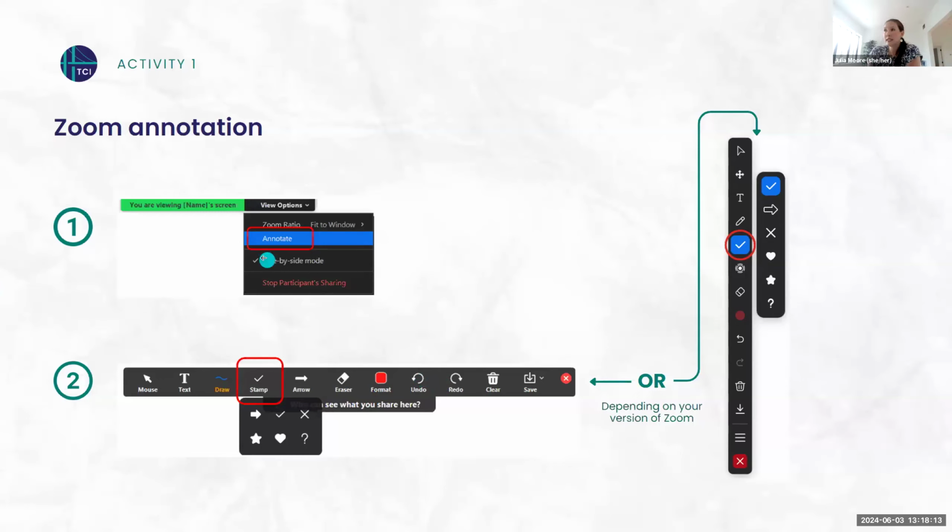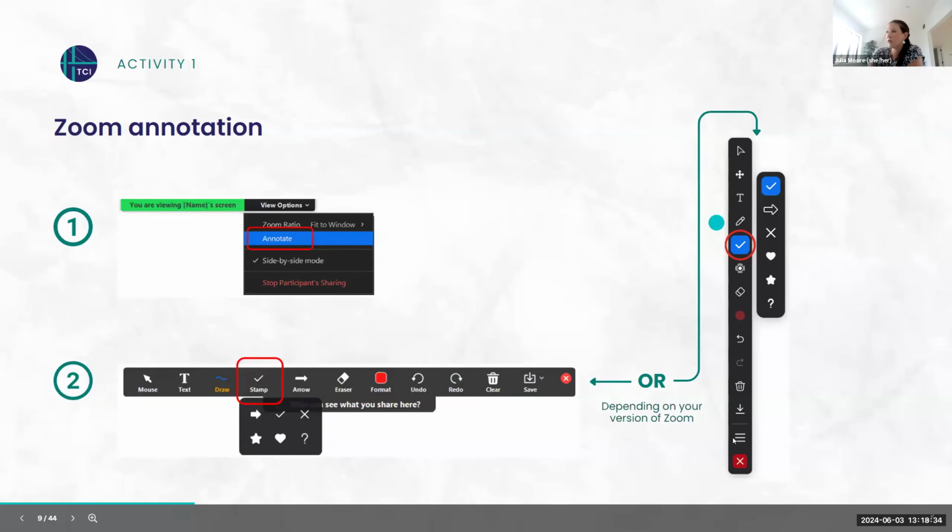It should say at the top of your screen, you are viewing Julia Moore's screen. Beside that, click View Options. Click Annotate, and a bar is going to show up. Depending on the version of Zoom you have, it could be a horizontal or a vertical bar like this.